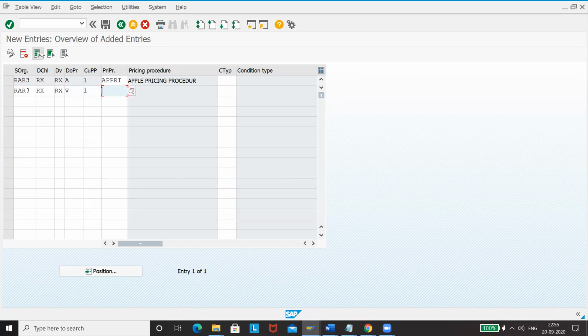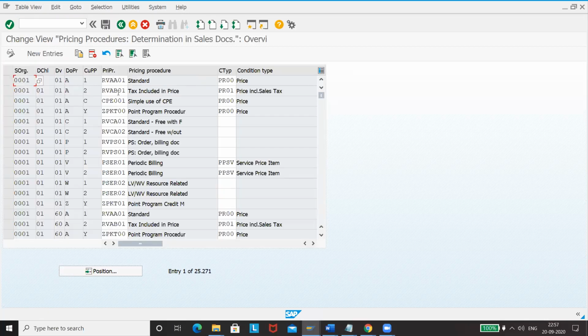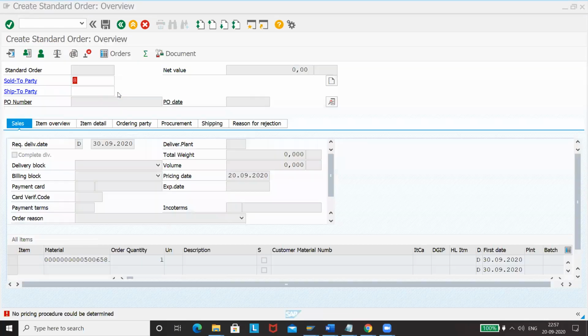And if you want a different pricing procedure, you can even do that. Save this one. This is saved. Now come back, try executing this again.